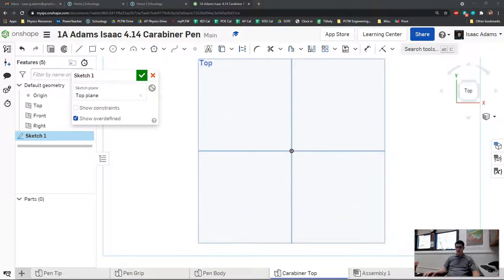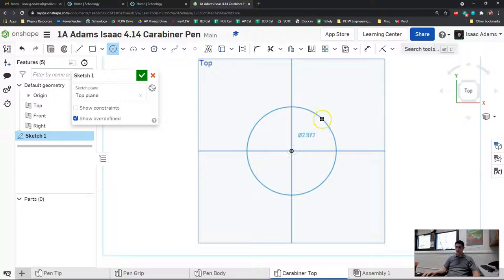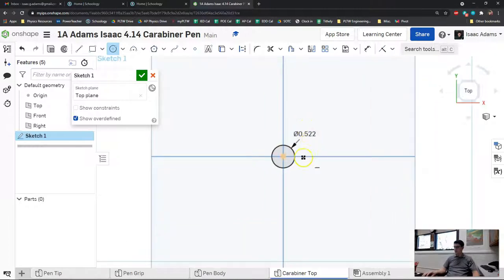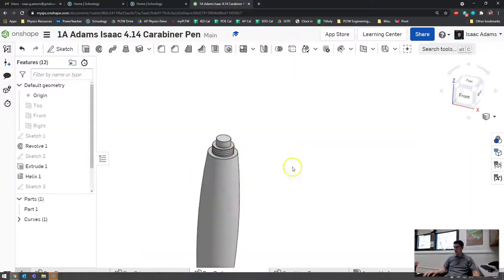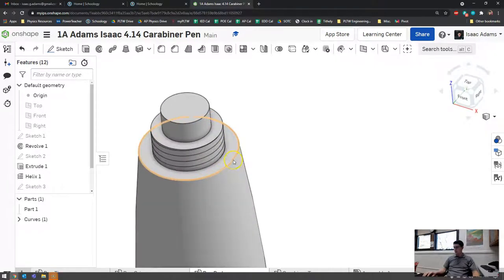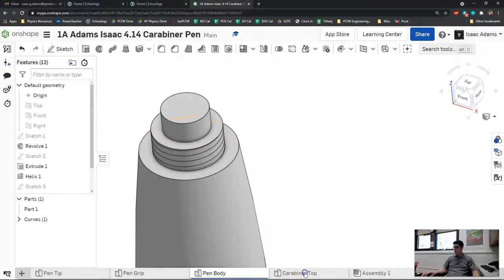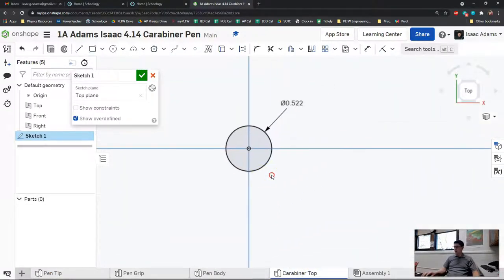So first we're going to draw two circles. The first one is going to have our outer diameter, which needs to be the same as the top of the pen. So that's going to be 0.522. And again, that's the same as this outer diameter right here on this pen, so that way they have a nice fit. Okay, so that's the outer diameter. The inner diameter, I'm going to place a circle here, and that one needs to be 0.38. And say we've just made this ring,